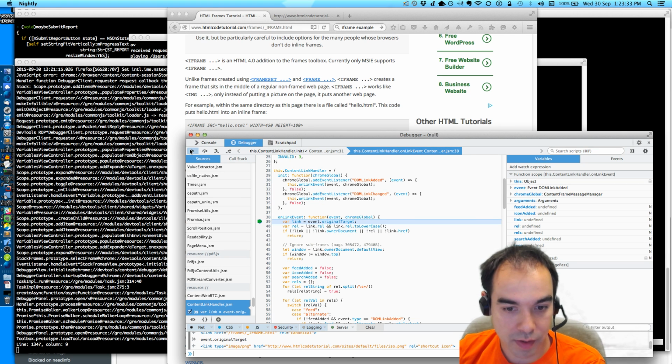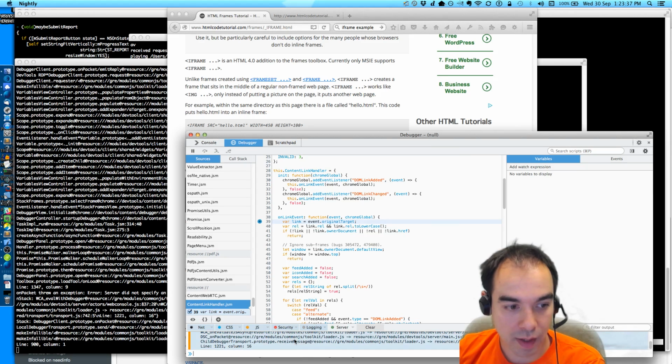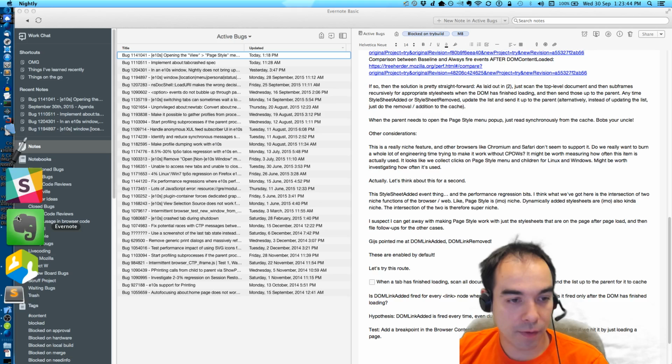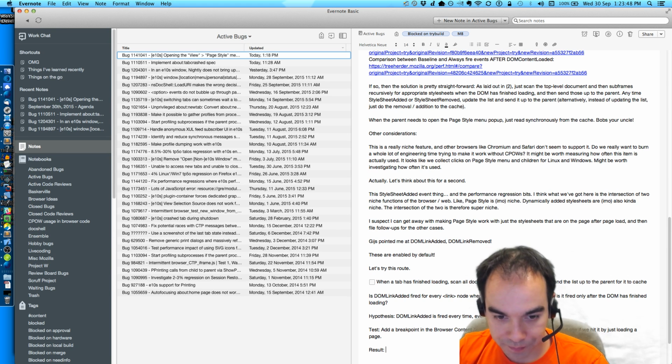It's an image, that's your favicon. And that's it. I don't get any DOM-link added events for subframes. So, result.